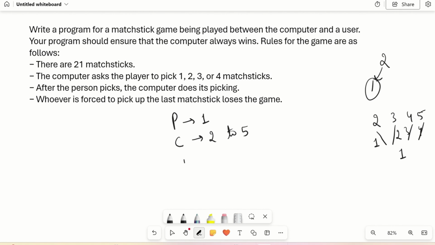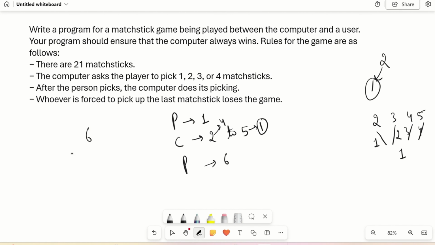Then, how is that possible that the computer is left with 2 to 5 matchsticks? So if you add 1 to the minimum number and 4, the maximum, to the other end, 2 plus 4 is 6, 5 plus 1 is 6. So if the player has 6 matchsticks left, then this range will come out to be 2 to 5 in the next step. How?